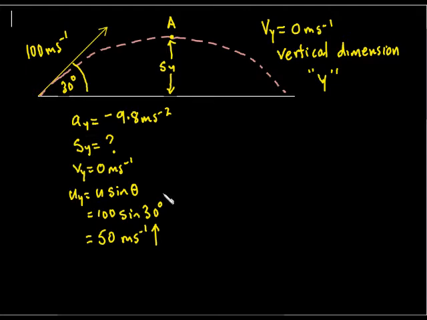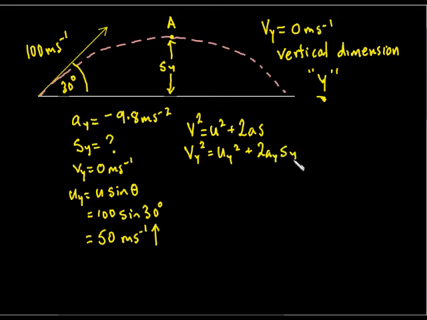Now, from the three equations of motion that you have to learn, you should be able to select one of those, and the equation we select in this case is the one that says v squared is equal to u squared plus 2as. Applied to the y dimension, we have vy squared is equal to uy squared plus 2 ay sy. Substituting those values in, we have 0 squared, which is 0. We have 50 squared plus 2 times 9.8